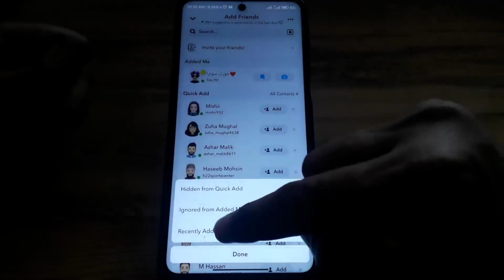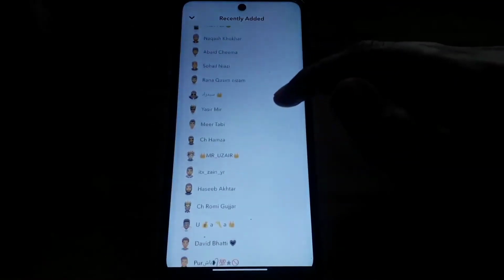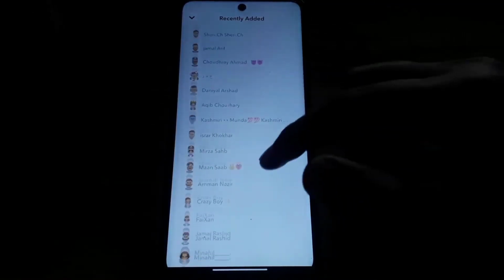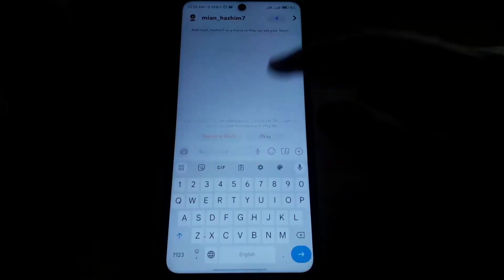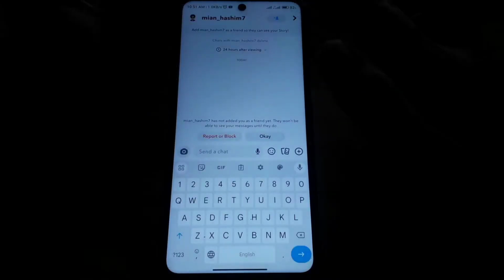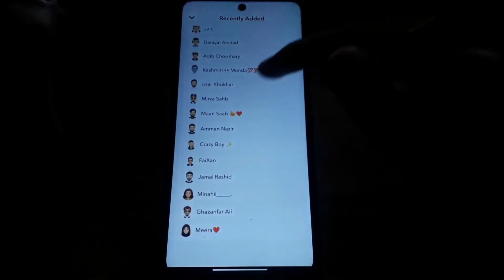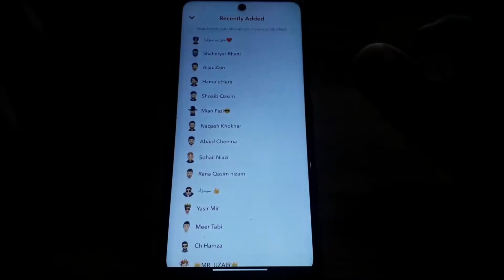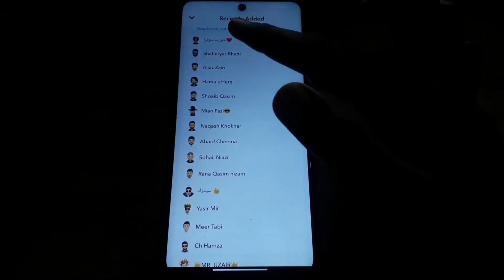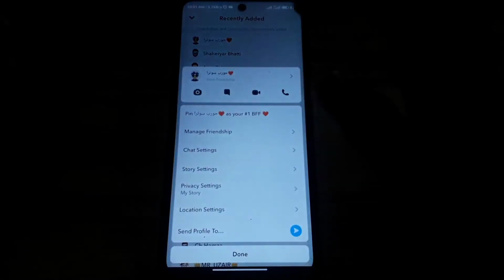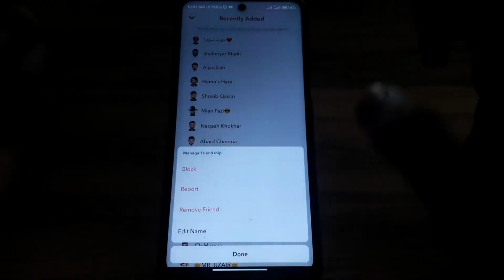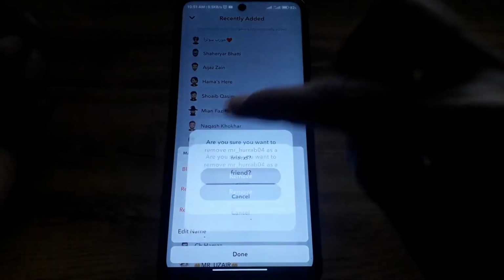After that, the third option is recently added, which means these are the friend requests you have recently sent. So if you want to cancel all of the friend requests on Snapchat, you have to simply go back, and here you can see there are many sent requests available. Now if you want to cancel them, you can simply press and hold that ID, and after that you can click on manage friendship, and here you can click